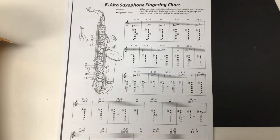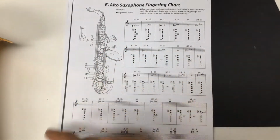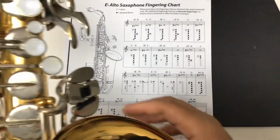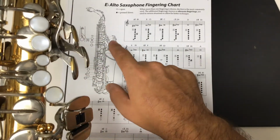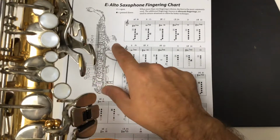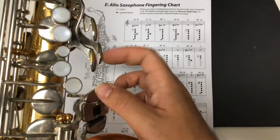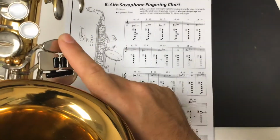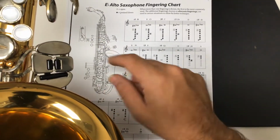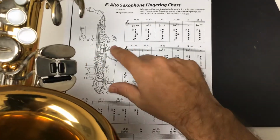Okay, now we can get into some other fancy keys. These three up here are going to be these keys right here. The top one will be this one. The bottom one will be this one, and then this middle one is going to be the side one. So if you're looking at it, you can really see top, middle, bottom. Then we have our left pinky keys. This would be the top one right here. This would be the outside one on the right, inside one on the left,